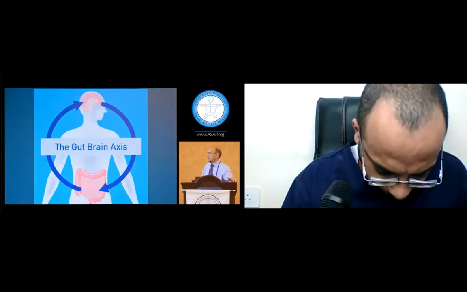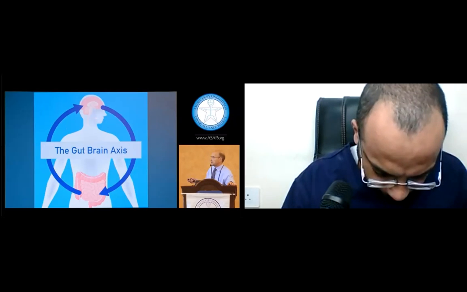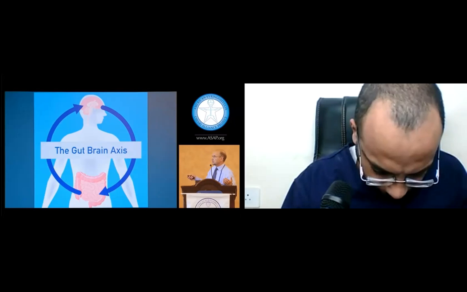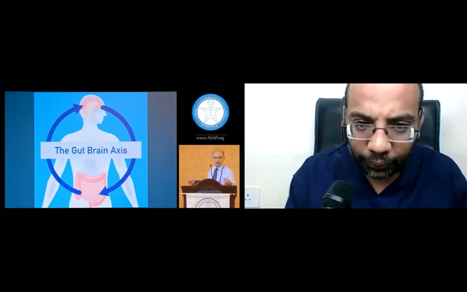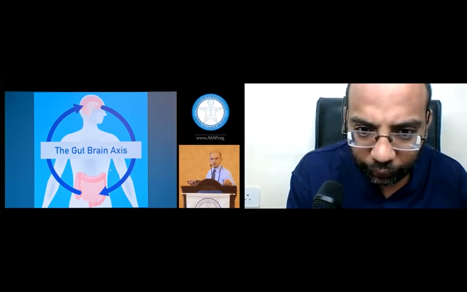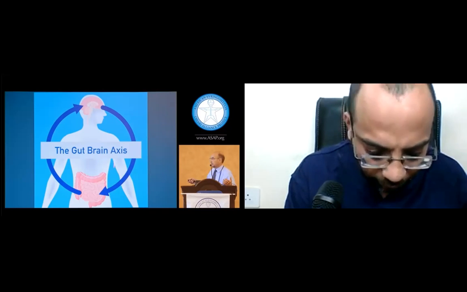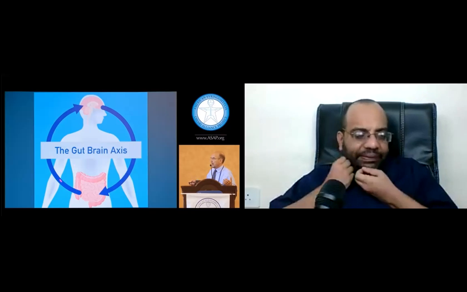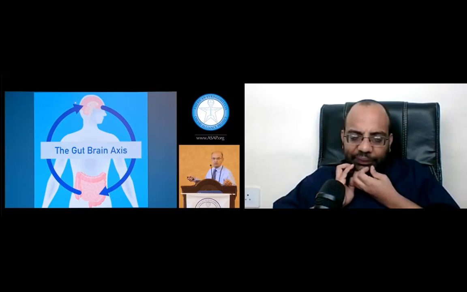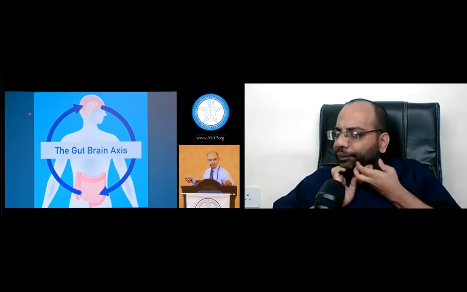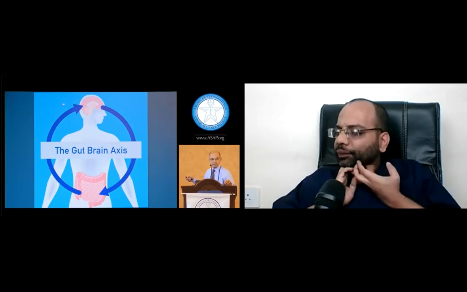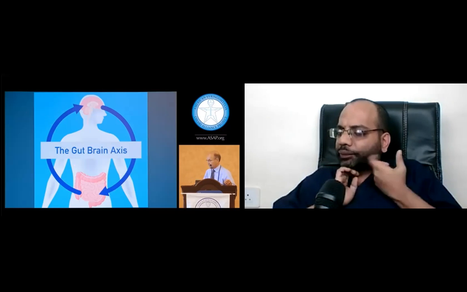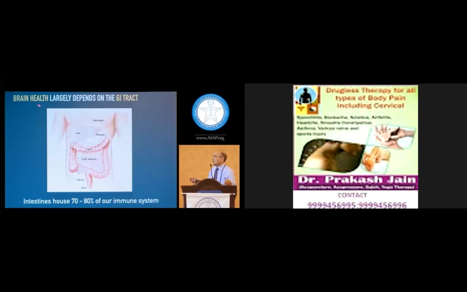This is a simple graphic of the gut-brain axis. We know our brain can control our gut. If we're very anxious, we feel it in our gut. So we know this part of the axis, that we have some control over our abdomen or gut. It's this other direction that we're learning about: how does what happens in the gut affect how I feel, how I think, in diseases of my brain. You need to dive in.